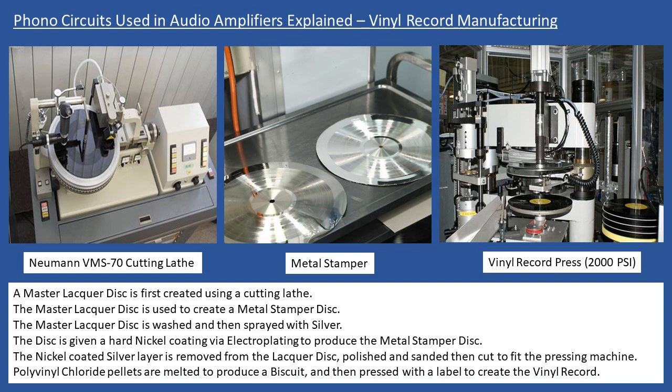Polyvinyl chloride pellets are melted and then drop down to produce what we call a biscuit. If you look at them, they're more or less like a burger bap before it's pressed. Then, as it's dropped directly onto the press, the label is also positioned for the vinyl record, and it is pressed down using 2000 psi, and that produces the vinyl